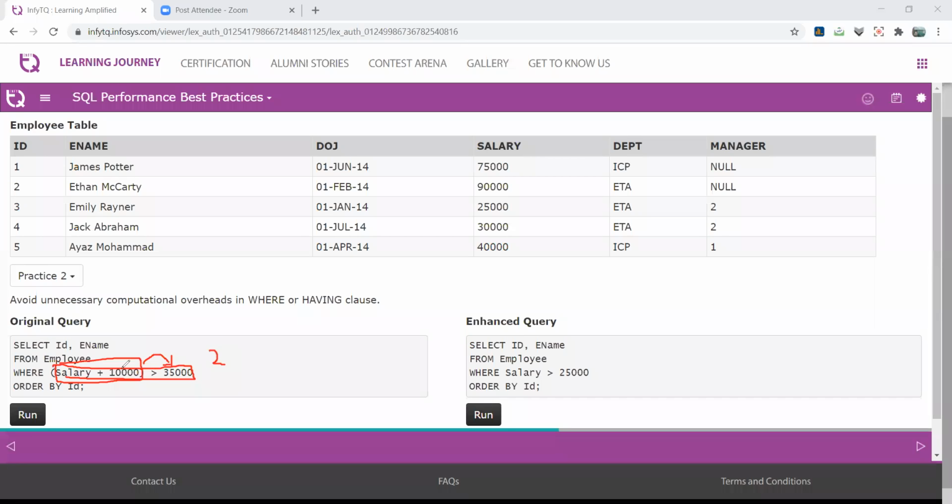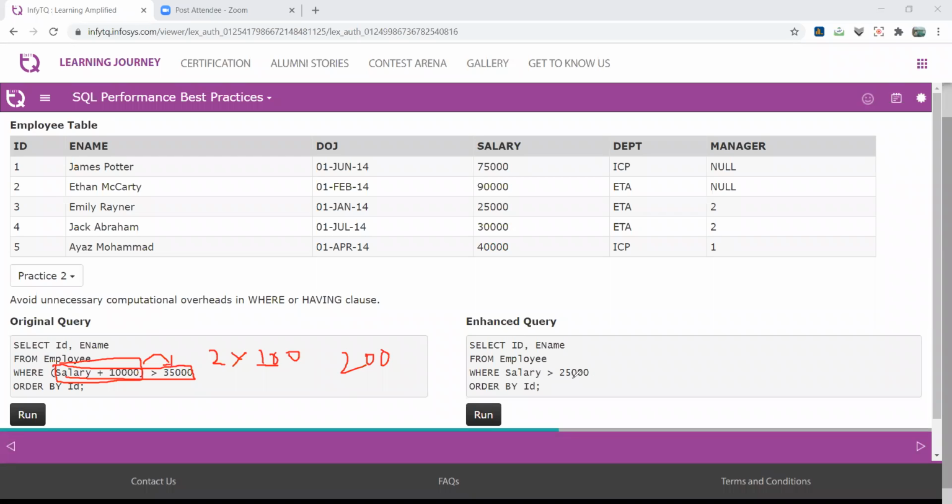That is for a single row, right? If the table contains 100 rows, we multiply by a hundred, so this query takes 200 seconds, right? Is that clear? Now focus on the alternative. In this part, we directly use salary is greater than 25,000. So we simply perform the calculation on the right-hand side, not in the where clause. We subtract this part from the resultant value of the given condition, right?